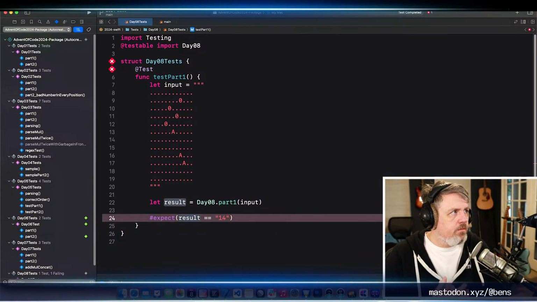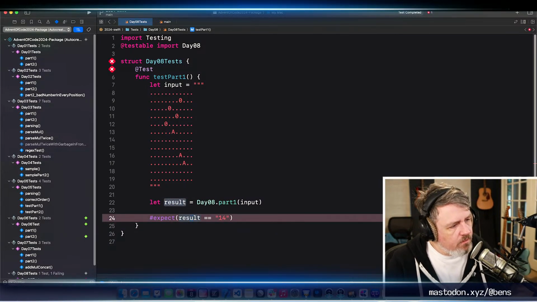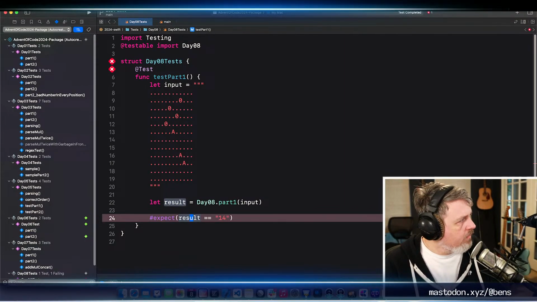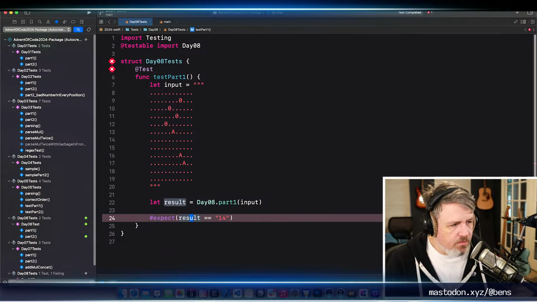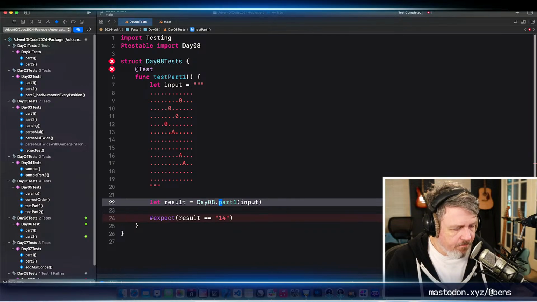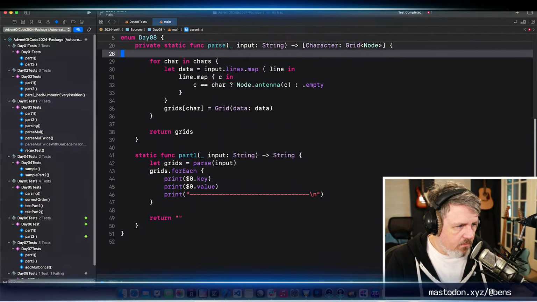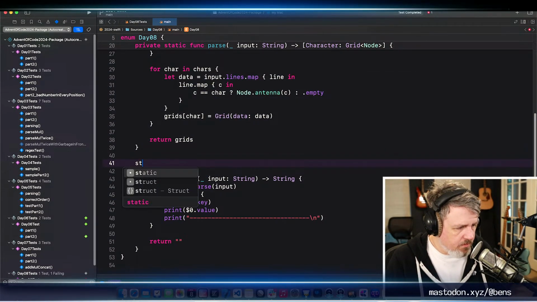Now the antinodes can be its own grid, I think, because if we already have an antinode there, it doesn't count again. But that doesn't really save us any time. So let's do a static func.